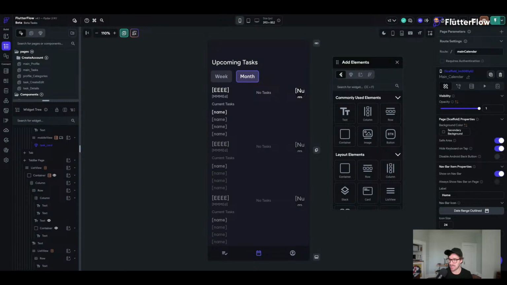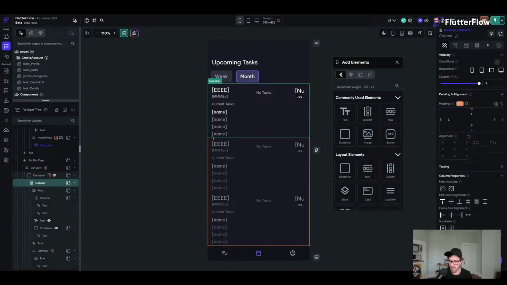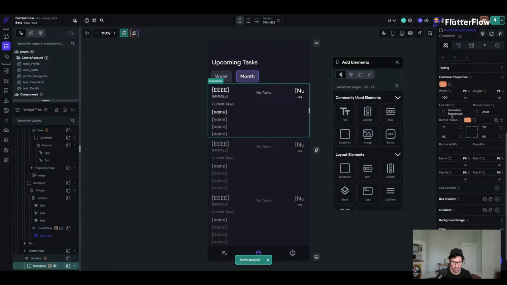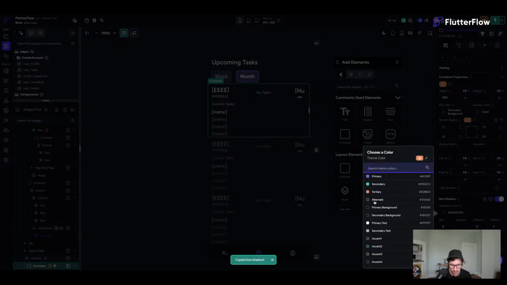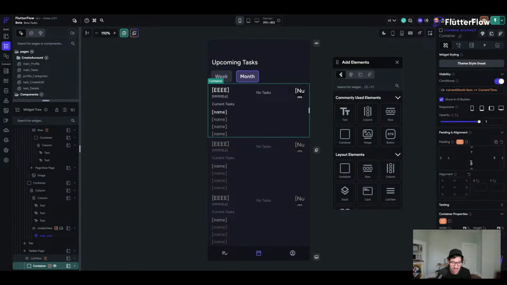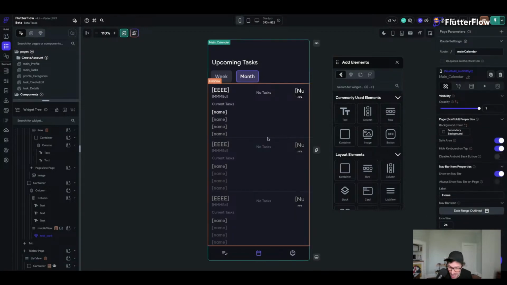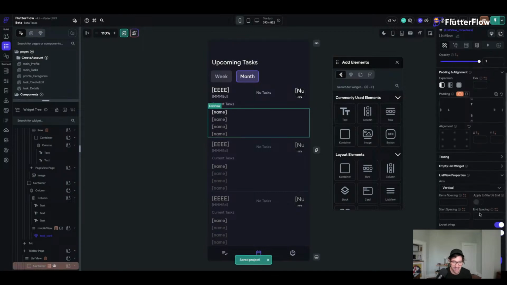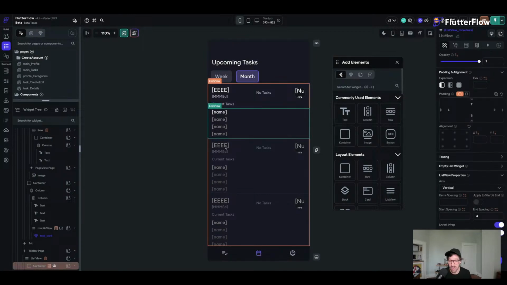So let's go ahead and add some styling. Let's add a box shadow. We're going to give it our alternate color, and do 1 and 0 blur. This is just going to add a little line, a little divider underneath there. So it's a little hack. FlutterFlow, or Flutter in general, does not allow for